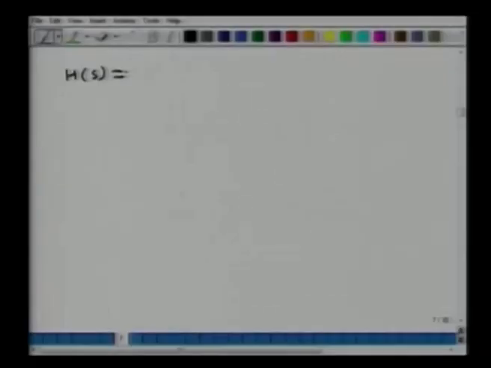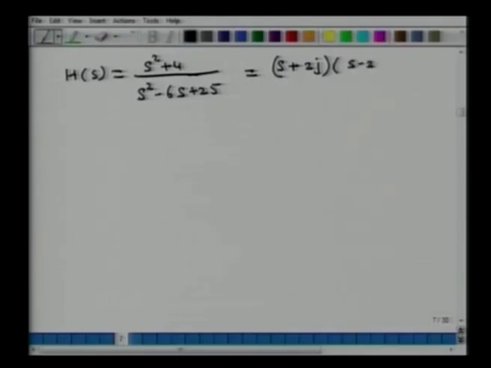We'll do another example, and in this case the transfer function is H(s) equals (S square plus 4) over (S square minus 6S plus 25). So I can decompose the numerator into its roots. So that is (S plus 2j) times (S minus 2j), and then the denominator is (S minus (3 plus 4j)) times (S minus